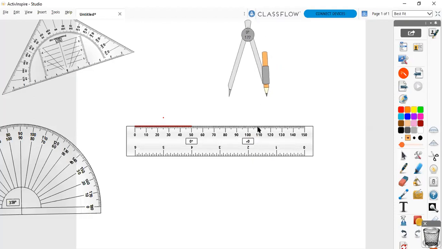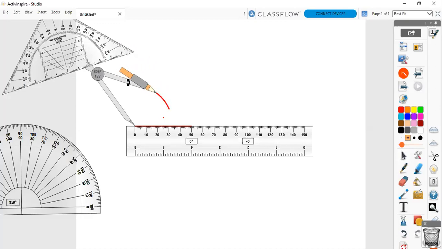This is set at 0 degree. Now you can use this point 0 and, with more than half of the opening of the protractor, you can mark one arc. You can mark an arc like this from either side. So from the upper side also, and from the lower side also you can draw the same arc. So here is an arc which I have drawn.